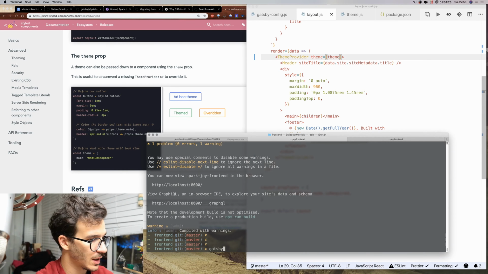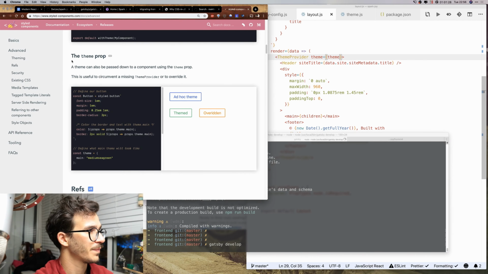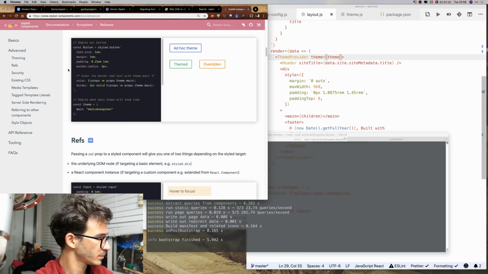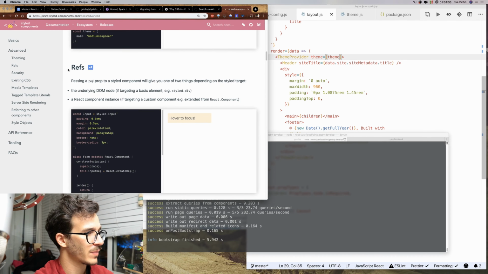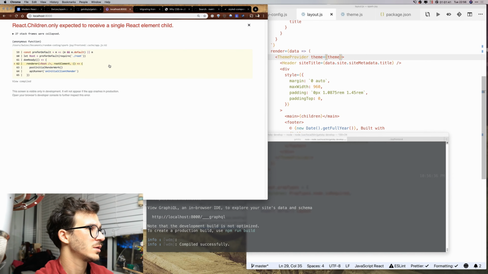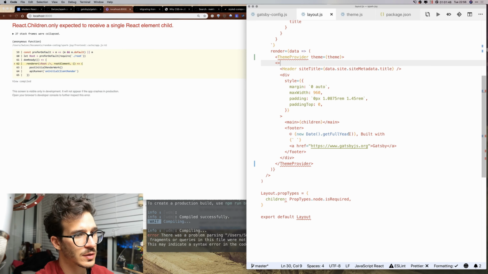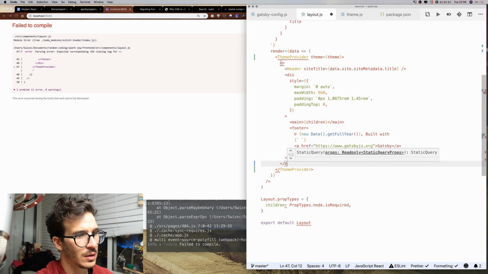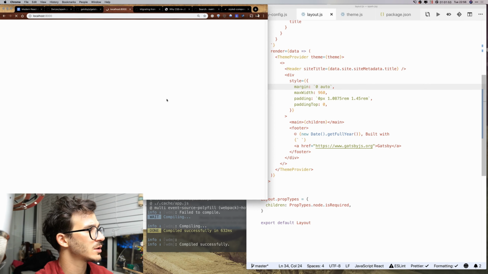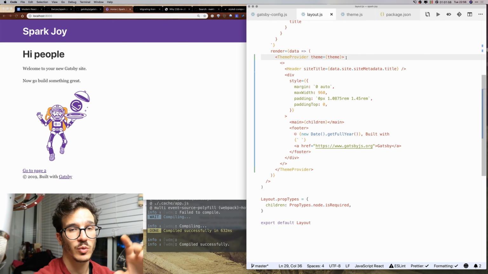And now when I say gatsby develop, we will have a theme provider, I think. I mean, yeah. So, we now have an error: children expected to receive a single React element child. Yes, of course it did. So we can do this, close it. So it needs a single child, and voila. So it doesn't look like much, but we now have